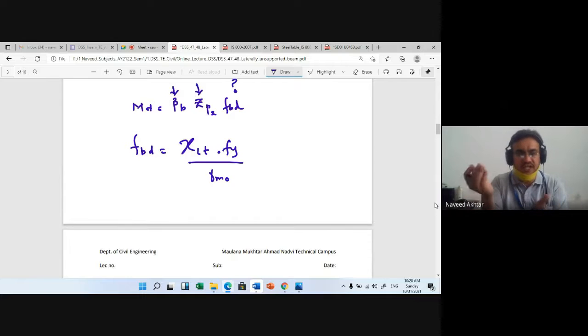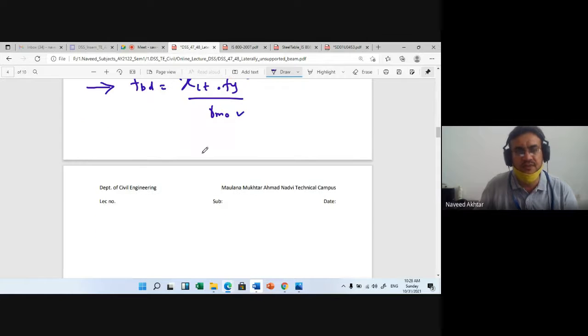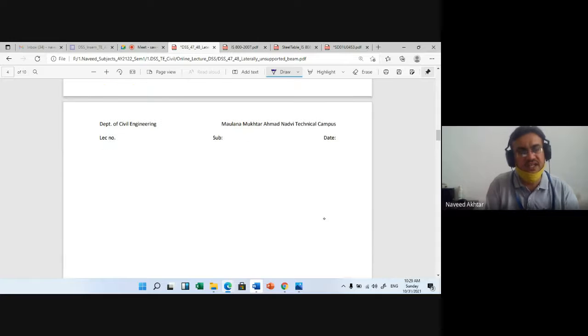You have to do the reverse calculation, but I am writing the formula as per your code. So to find FBD, we know Fy and gamma m0; now we have to find XLT. So how to find out XLT? This formula is also given in your IS code, that XLT is equal to